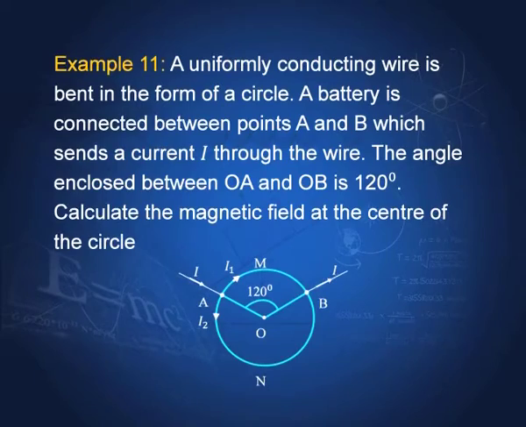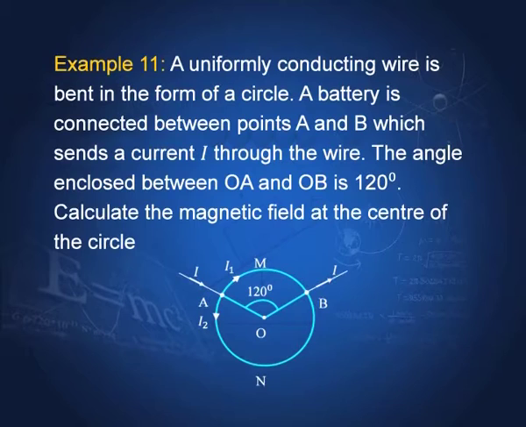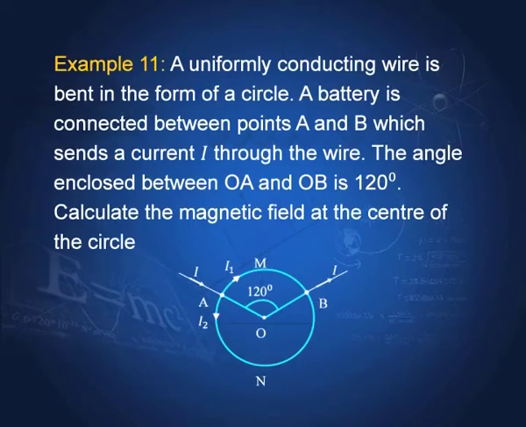Take another example. We have now a circular wire, and this circular wire gets current from an outside circuit at the point A, and this current leaves at the point B. So, this current and this current are in opposite directions, and the total I 1 plus I 2 is equal to I. But this wire is only half of this wire, therefore, the current through this is twice the current through this. Because this is twice in length, the current through this is half of this. So, I use this fact.